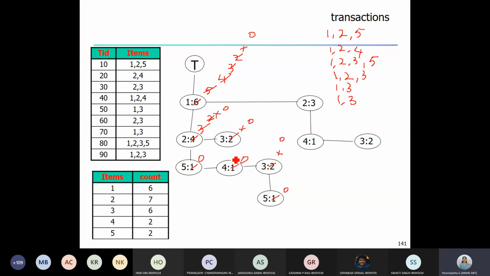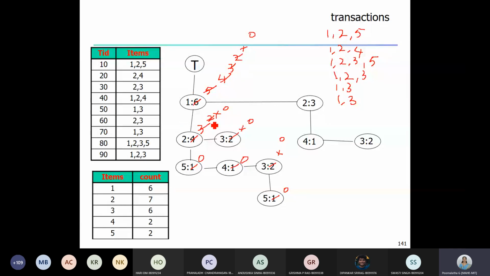Now you can see this item value is 0. So you can see when this becomes 0, all its child, all its siblings, everything in this path has become 0 here. So now since the child pointer, its value is 0, now you go to the sibling of this item. So sibling is 2 here.